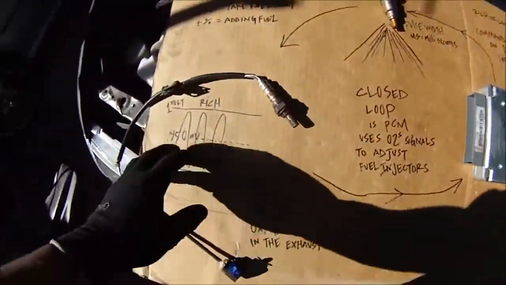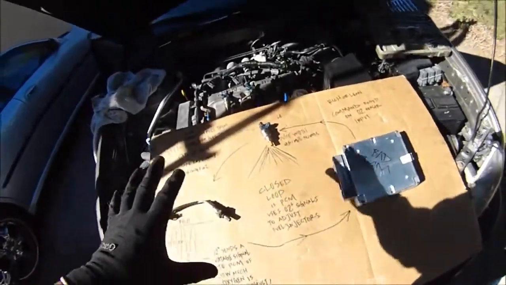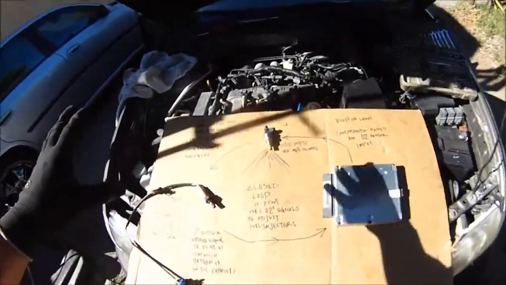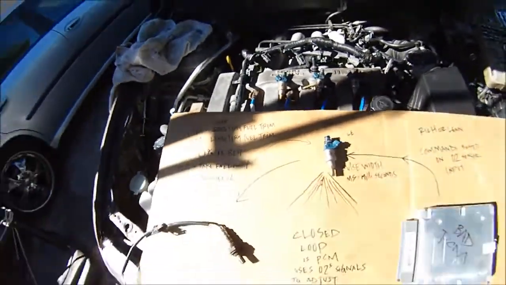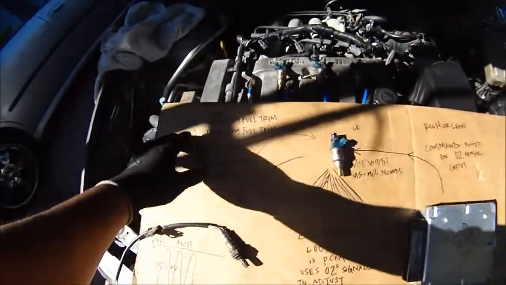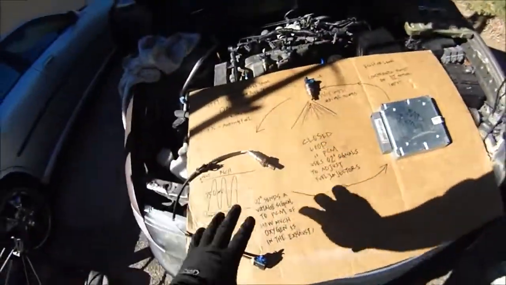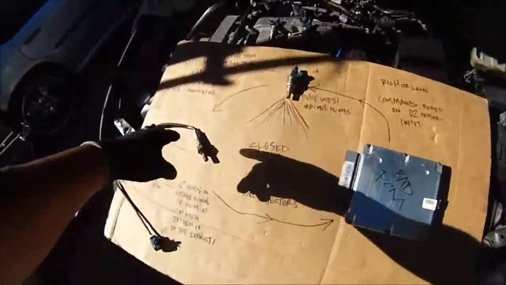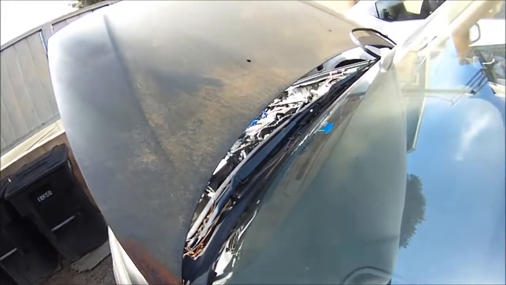But anyway, that's the whole closed loop deal right there, and that's the reason why you have long-term fuel trim at the positive percentages. The short-term fuel trim and long-term fuel trim are very powerful for diagnosing. Very good stuff to know on your scanner. And if you do get a scanner, get one that reads live data. That's the breakdown of the long-term and the short-term fuel trim. All closed loop matters. Here we go. Let's start it now.